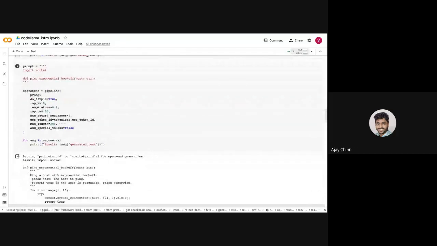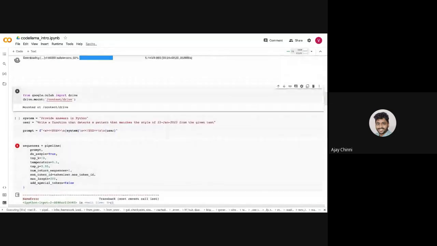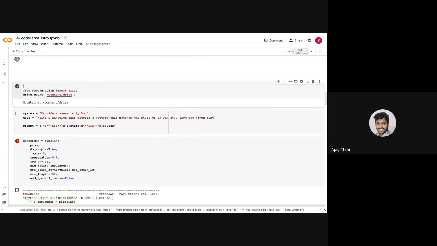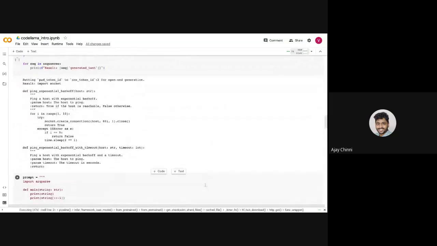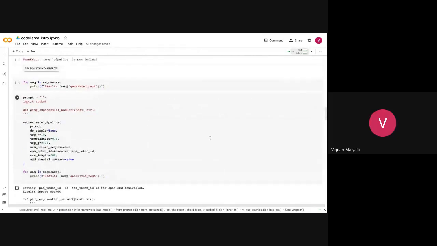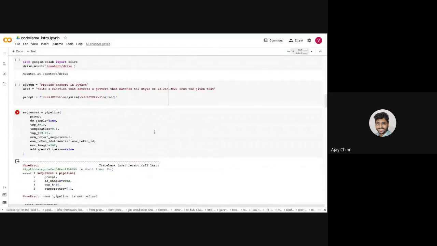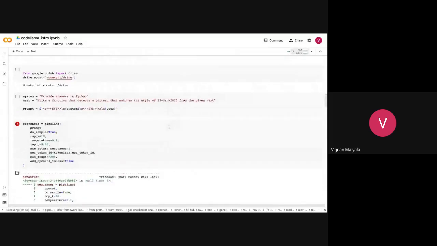Sorry? You're using this Pro version of the Colab, because it's not going to work in normal, right? No, I'm not using Pro. I'm just using normal Colab with just the GPU T4. Correct runtime, okay. You might be using the quantized version? Yeah, I'm using instruct here, 7B instruct. Okay. So that's why I was able to run it also. Anyways, so